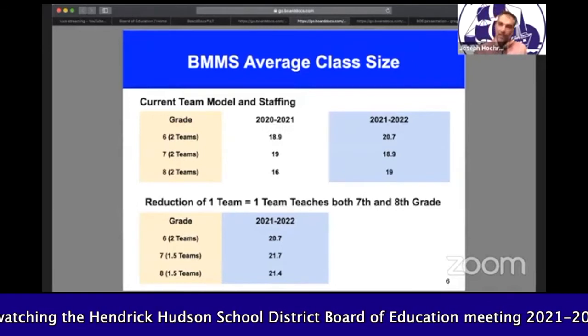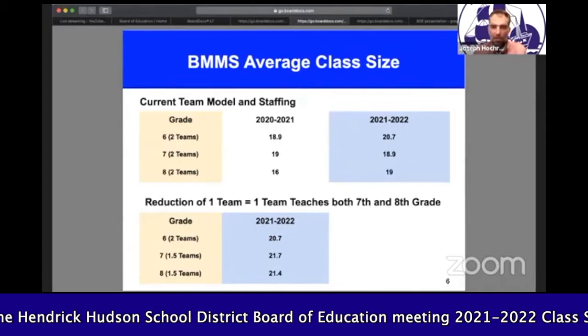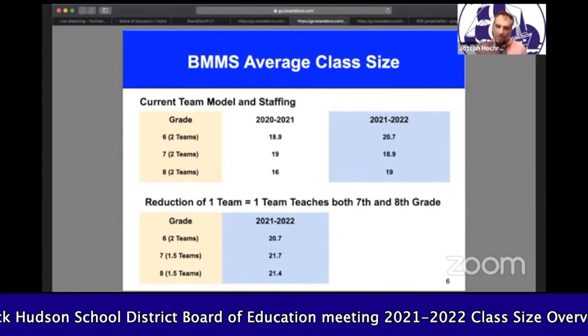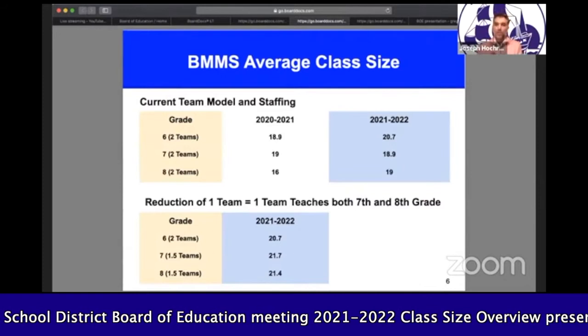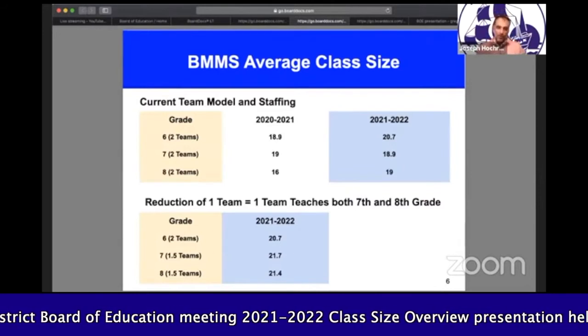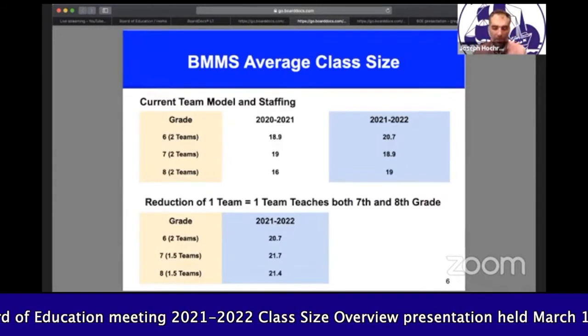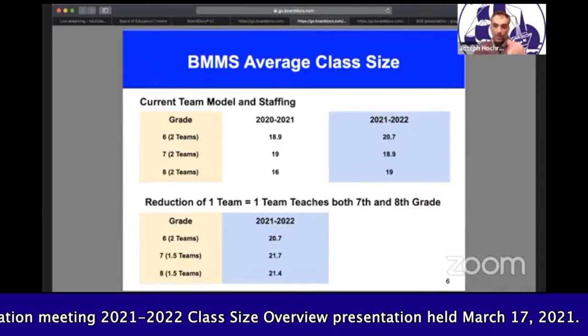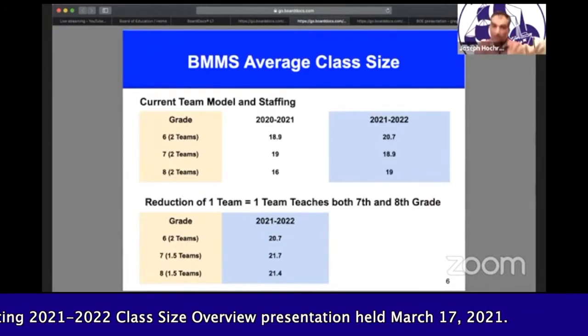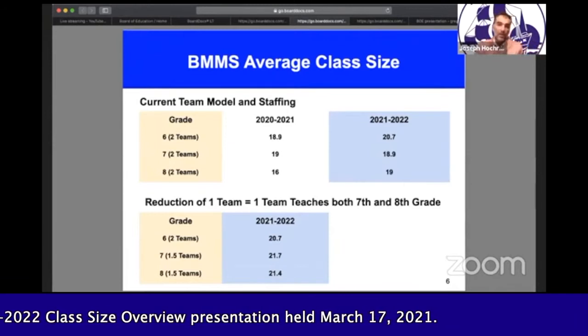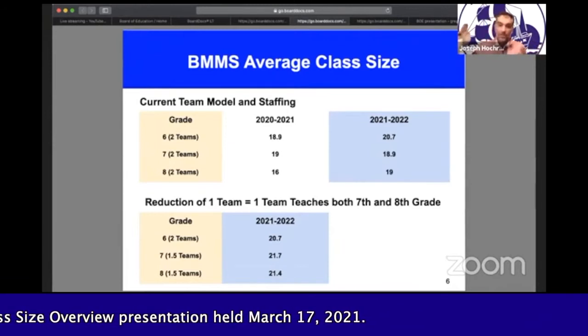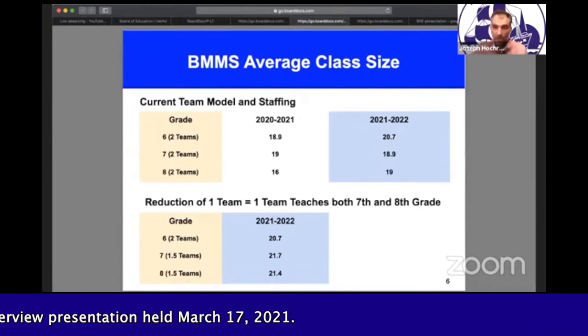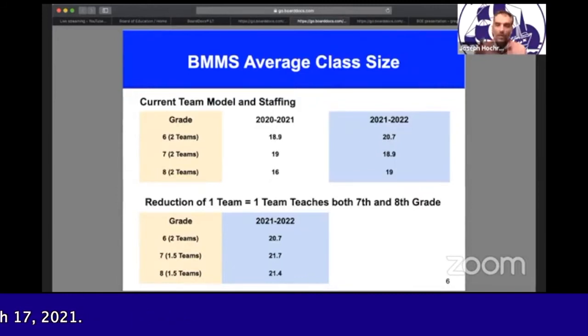The other caveat or important distinction here to share is that the way seniority works is by your function. So depending on your certification and what your assignment is in our district, you may be accruing seniority as an elementary teacher. You may be accruing seniority as a kindergarten through 12th grade teacher, or sometimes a 7th grade through 12th grade teacher. Most of our middle school and high school teachers that teach math, English, science, and social studies, for the most part, are qualified to teach any grade level between 7 and 12.